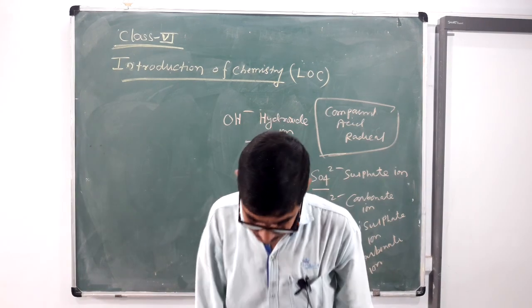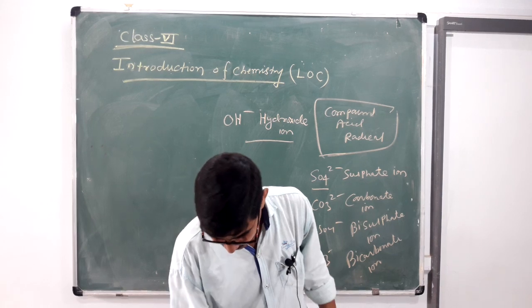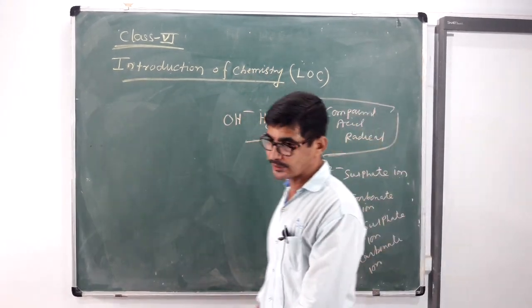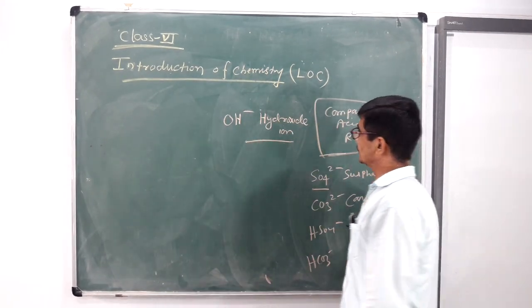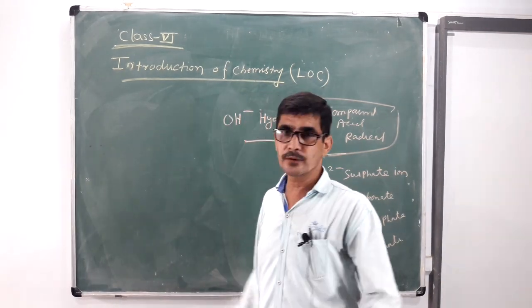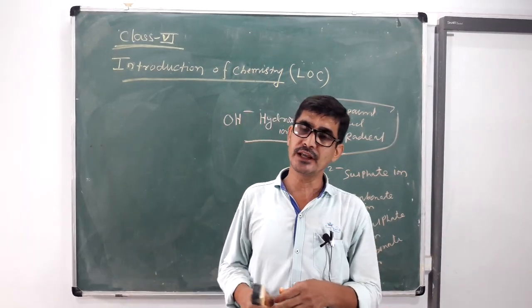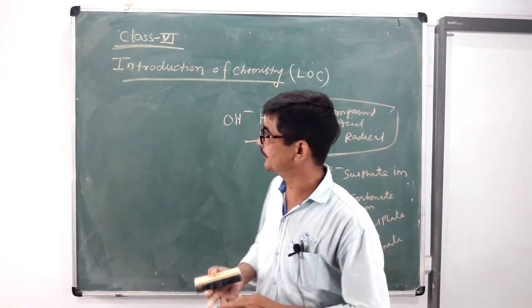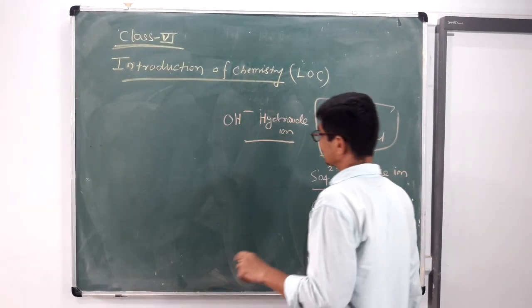Another important thing, formation of formula. In chemistry, it is necessary to know the chemical formula, because without chemical formula you are unable to write down the chemical equation. Today I am going to explain how to form formula. Actually, chemical formula is formed with the help of both the radicals, acid radical and basic radical. Whether it is simple or compound doesn't matter, but it consists of two radicals.